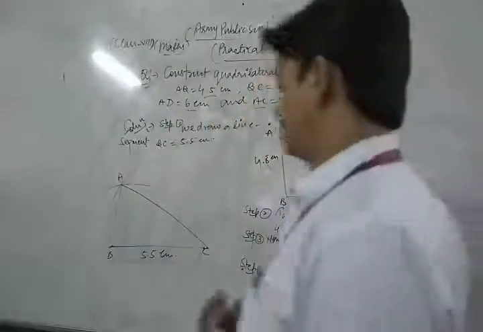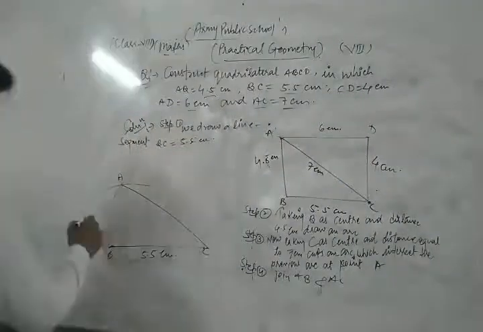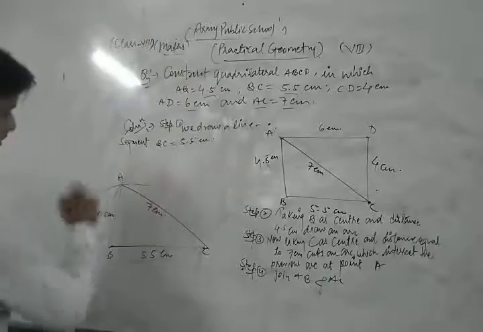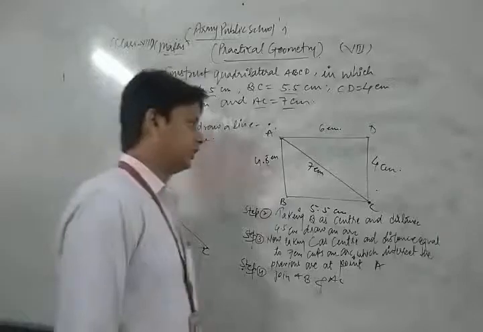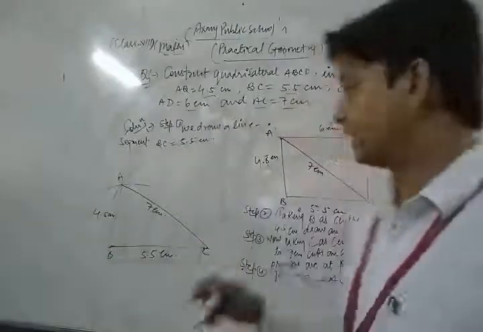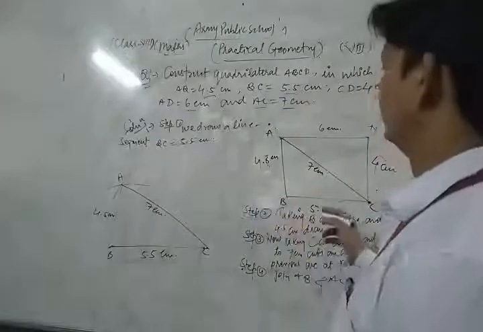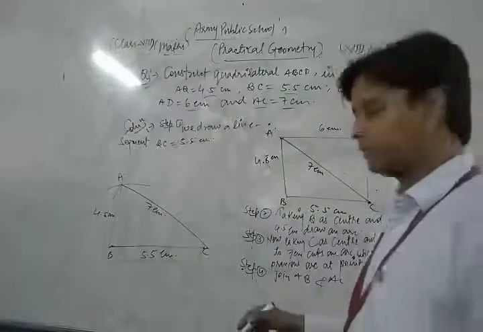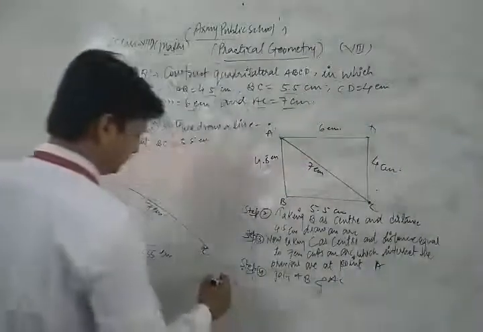Let's see. This is your 4.5 centimeter, and this is your 7 centimeter. Now, dear friends, taking A as center and distance equal to 6 centimeter. Now, in step 5,